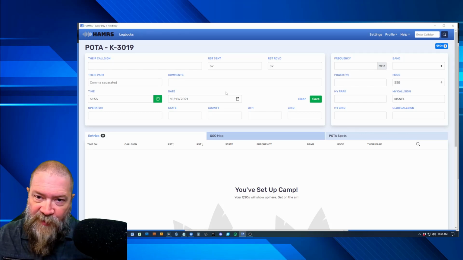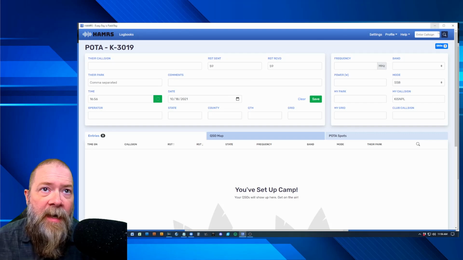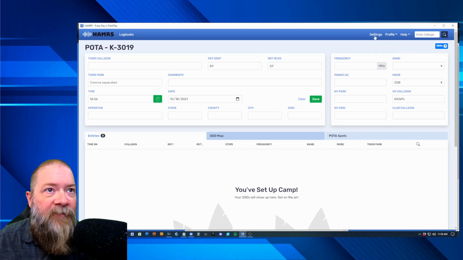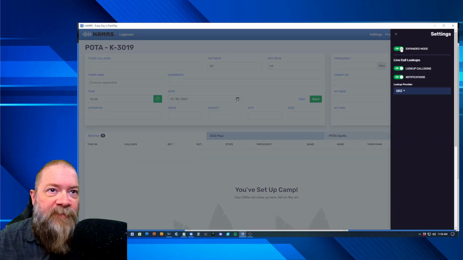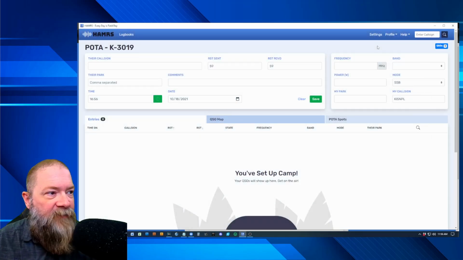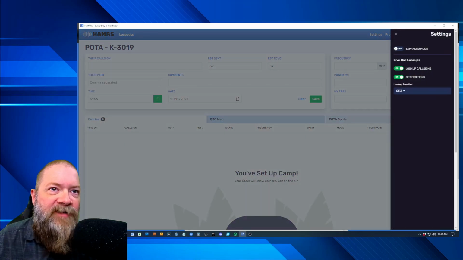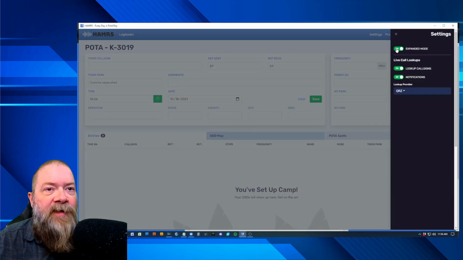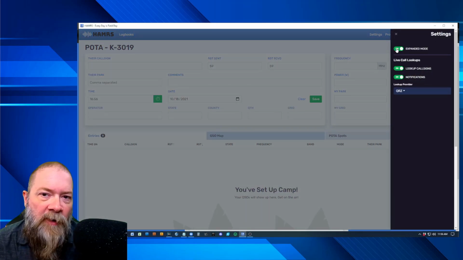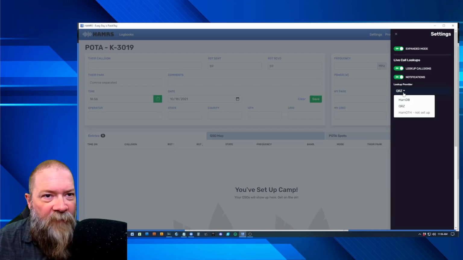Now, you might not see the screen exactly like this when you get it open, and that's because on mine, I've got the settings set up for the expanded view. You take the expanded view off, and you lose a little extra stuff on here. So I like having the expanded view on. That's personal preference. When you're doing the setup for your initial profile, it's going to ask you for your QRZ account information, like your username and password. They have another option here for